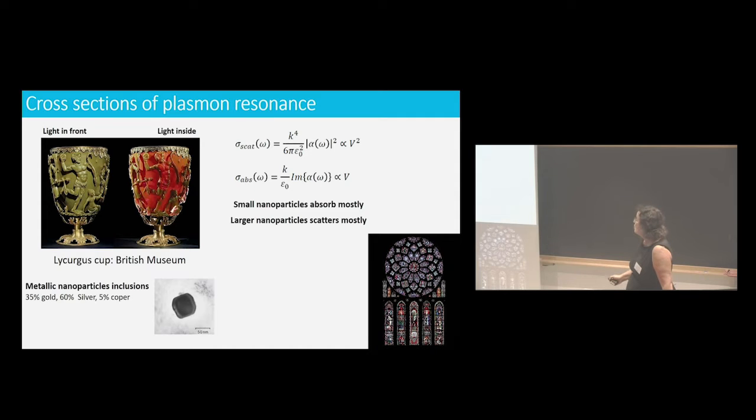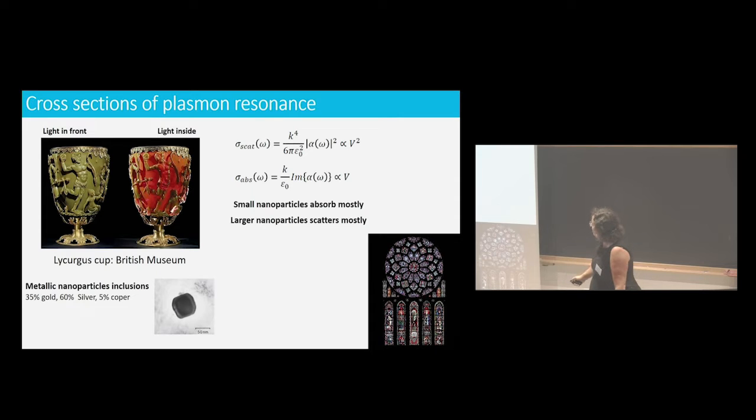The reason for this is that when you have these small nanoparticles, they can scatter light or absorb light. Depending on the absorption cross-section, and depending on the size of the particle, they can be efficient in absorption, which is the case of the small nanoparticles, or efficient in scattering. When you have light inside the cup, what comes out is what is remaining, so you lose the absorption of the small nanoparticles, that means what is more in the blue.